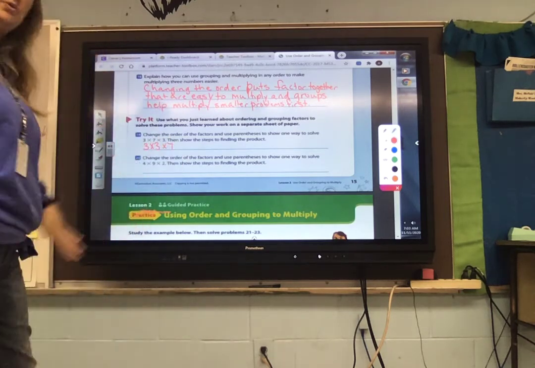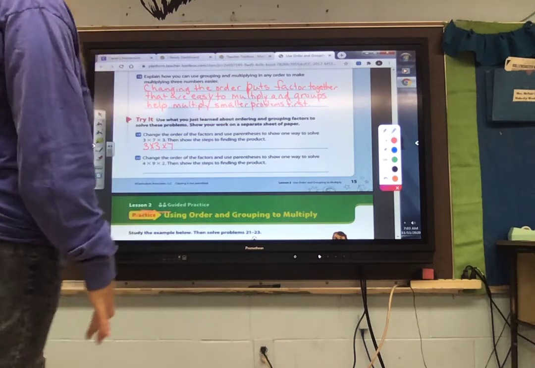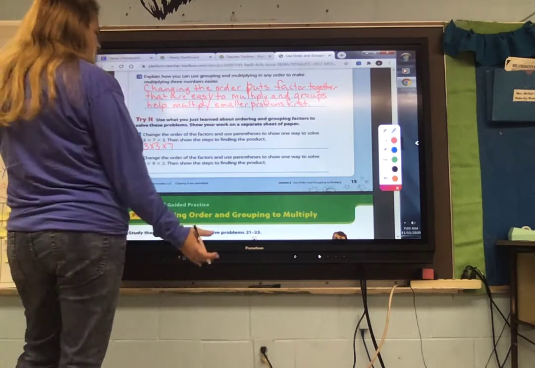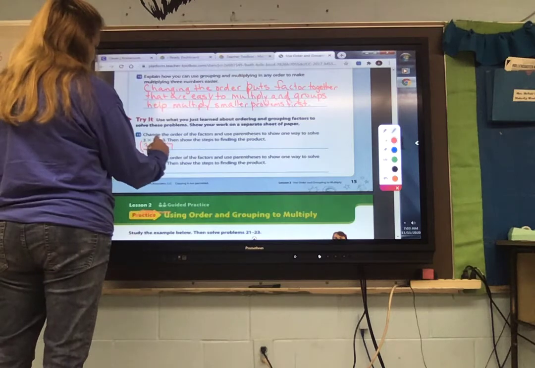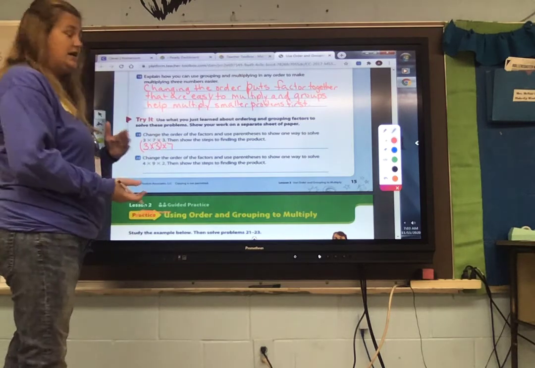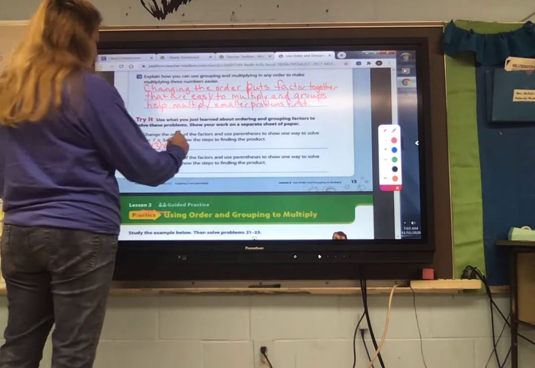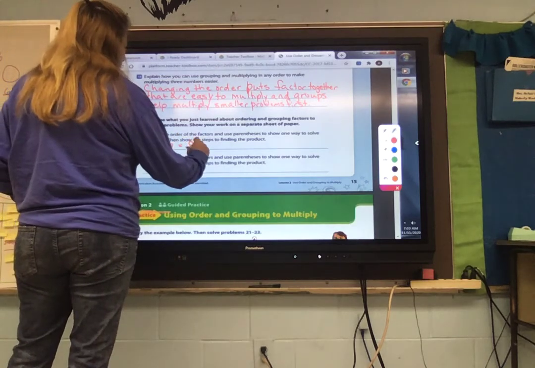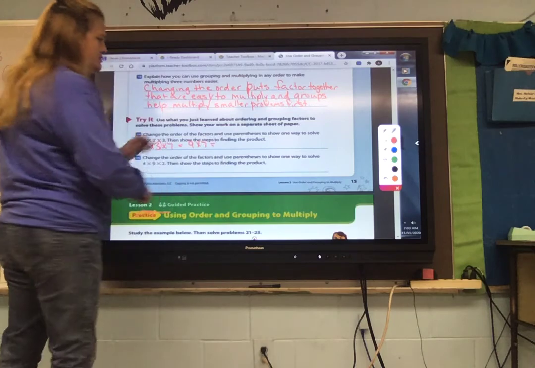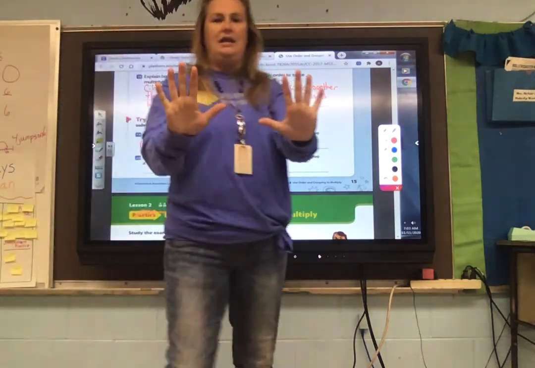I can change the order. The commutative property says so. Then I can start grouping them. I definitely want to do the 3's together first because I don't want to have to work with a 21. So if I do 3 first, then that's going to give me 9 times 7. Now I can use my hands. And if I put up my